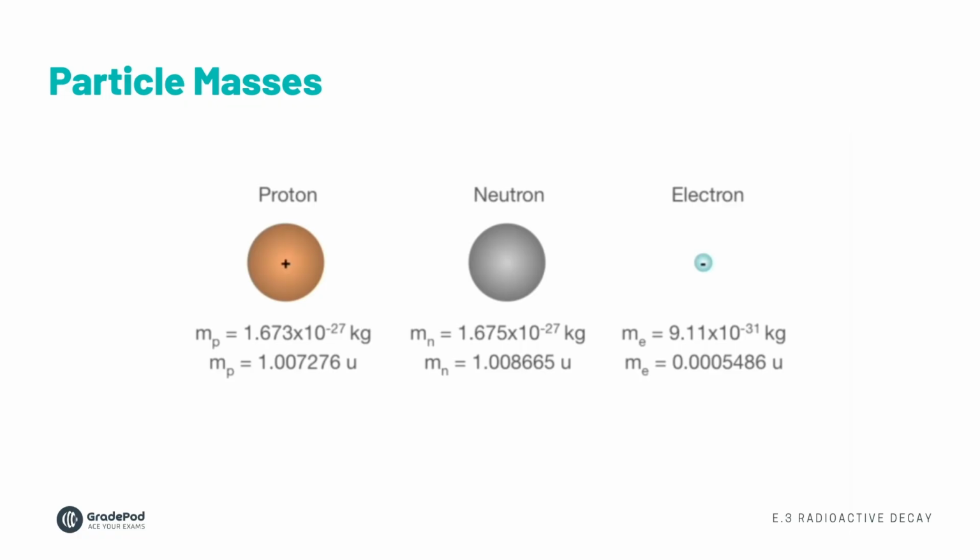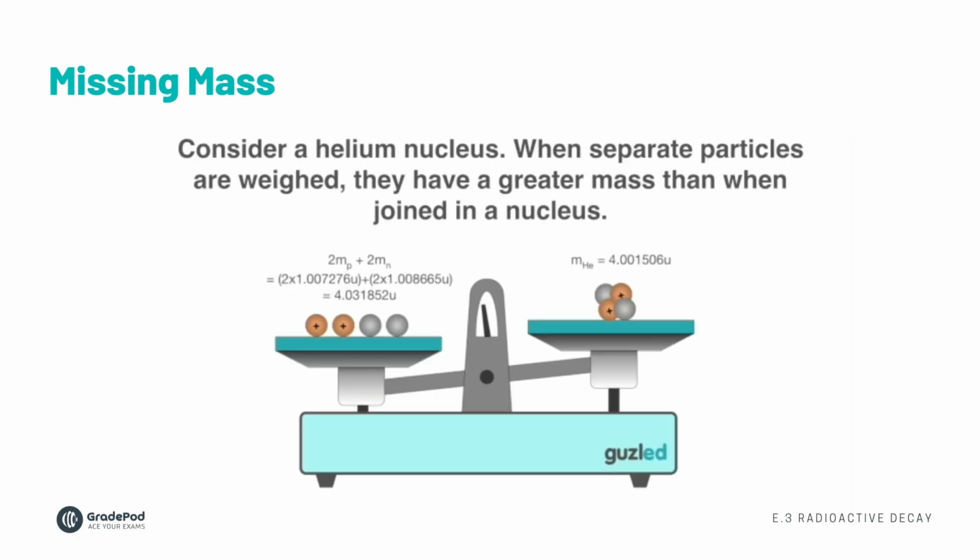Bearing that in mind and knowing what that now means, I'd like you to consider a helium nucleus. And we're going to pop a helium nucleus in your mind onto a balance. And this can pivot either way, depending on which is the most heavy. When you place the helium nucleus on the balance and everything is joined together and bound together, and then you place its separate components on the other side,